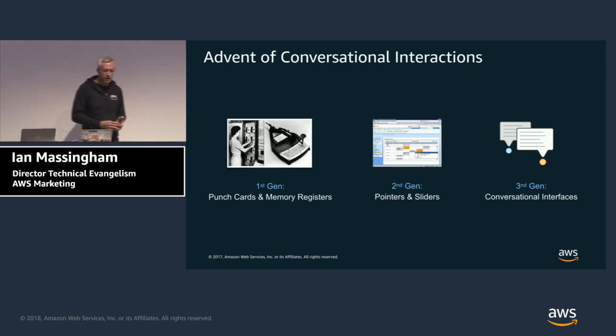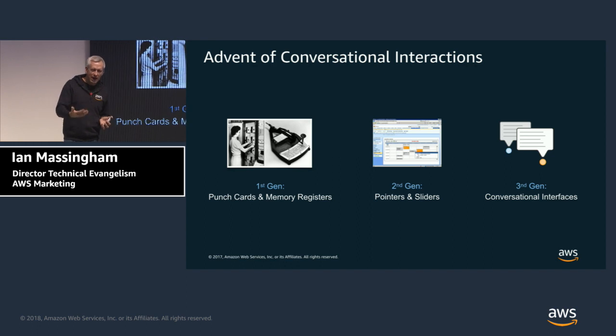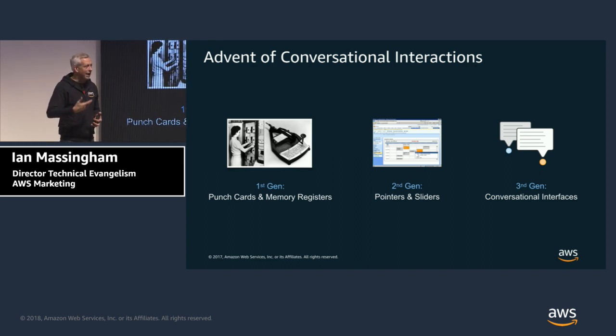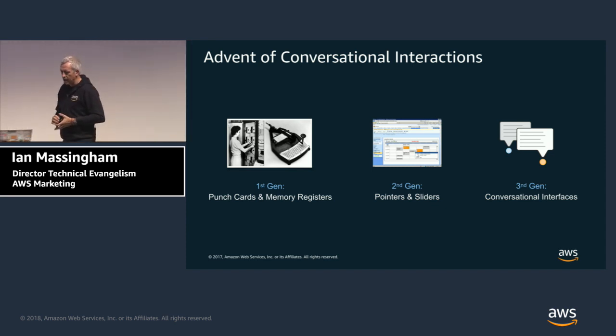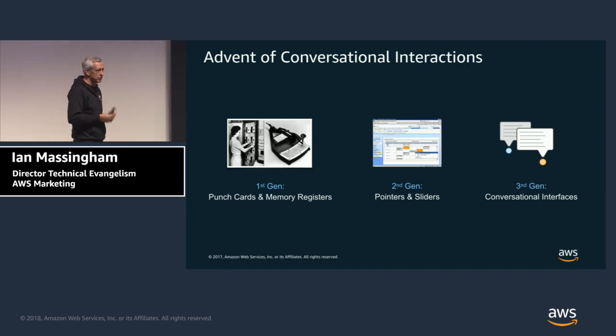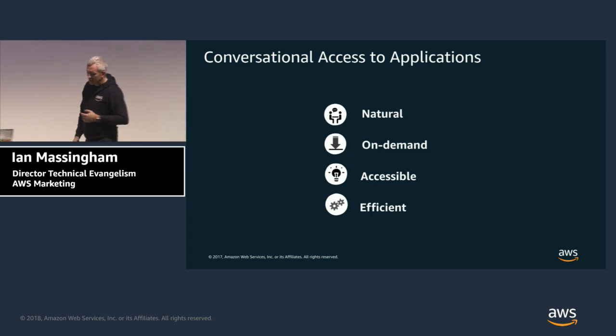And now we're on the third generation, which is I just type or say what I want, and there's an intermediary layer in the system that is able to understand what my intent is, extract the important entities from the utterance or the spoken word, and get back to me with an answer or get back to me with a request for further information, kind of naturally guiding me through the interface in a way which is conversational, hence the name conversational interfaces. They're natural to use. They require no training.